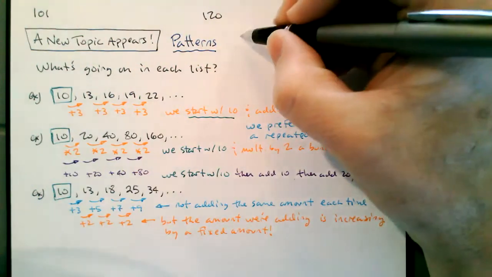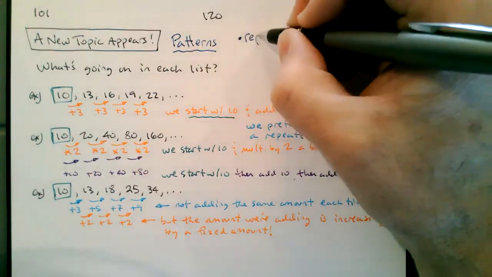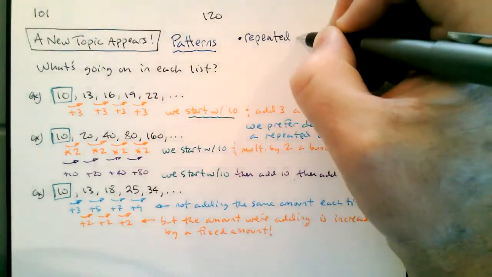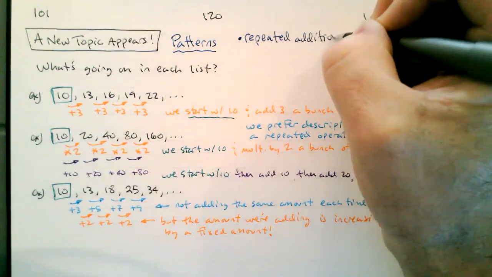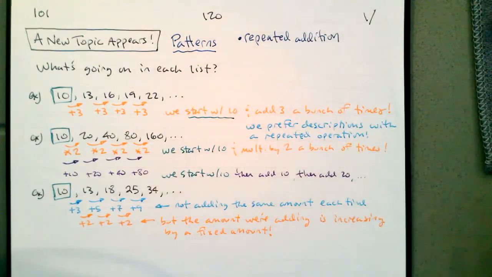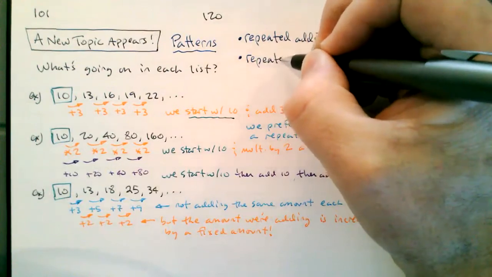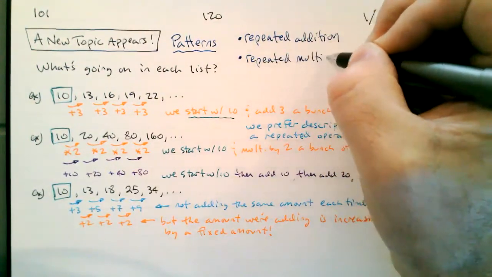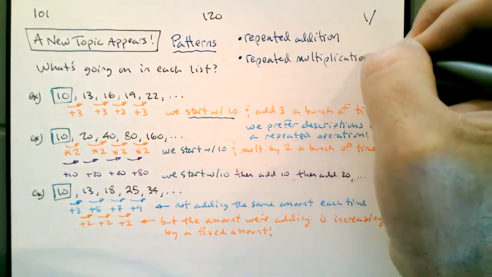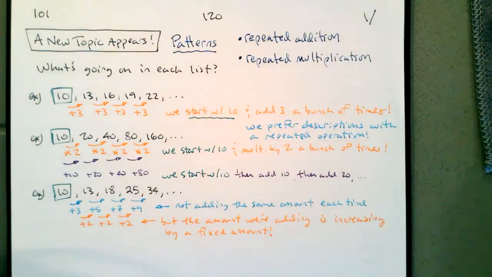Patterns of repeated addition: start with 10 and add 3 a bunch of times. Or patterns of repeated multiplication: start with 10 and multiply by 2 a bunch of times. These are the kinds of patterns that we want to look at. That third one is a quadratic pattern,